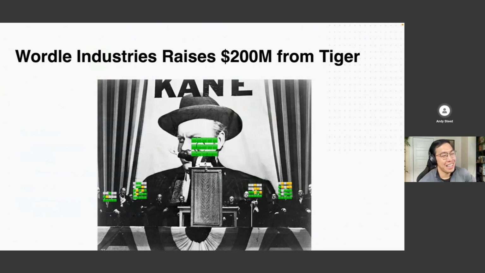And let's say that in an alternate universe, Wordle was not acquired by the New York Times, but instead they raised $200 million from Tiger Global. And now the CEO and the co-founders and the board of Wordle are trying to go on a globalization rampage to upsell their 6-letter version to go into other languages, trying to get everyone in the world to play as much Wordle as possible. And in order to aid themselves on this journey, they hire a data team and enter